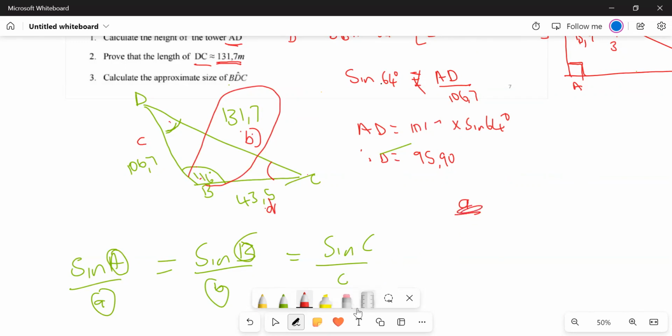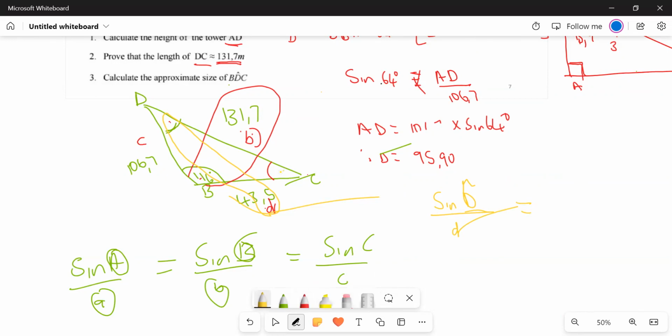Okay, look at this thing here. What am I looking for here? I'm looking for an angle. I'm looking for the sine of t. So what does sine of t go with? Sine of t is going to go with this one. Do you see that? So what am I going to say? I'm going to say the sine of t all over, what should I write here? Small letter d. This is going to be equal to